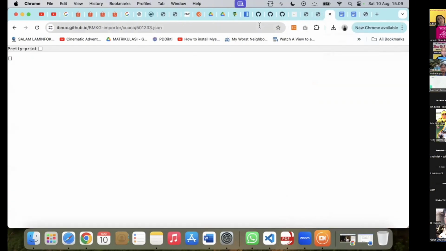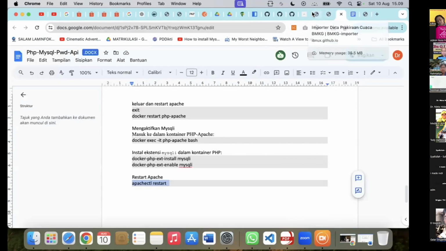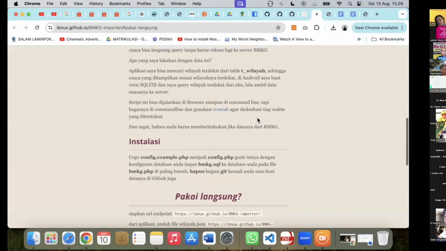Ini tanpa petik, wilayah muncul yang ID ini. Jalan nggak?